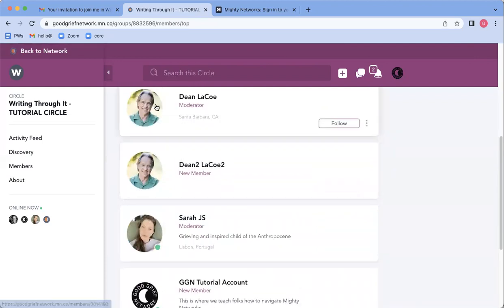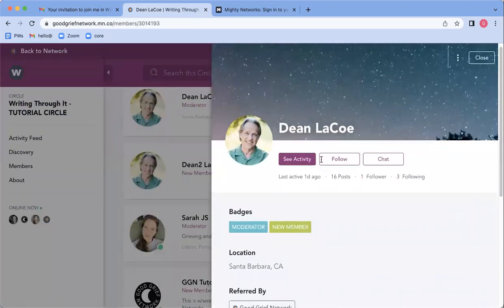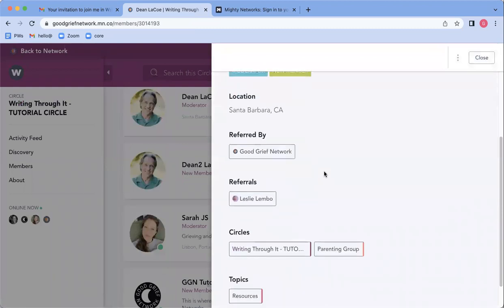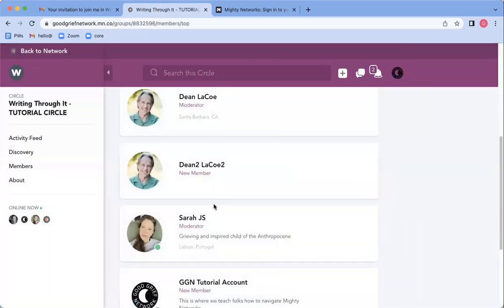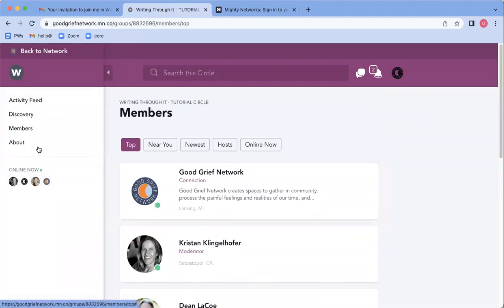I can look at Dean. Here's Dean's profile. And I can follow Dean like this. Now I would close out of here. And now that you understand how to engage with members and make friends, I want to move to this left